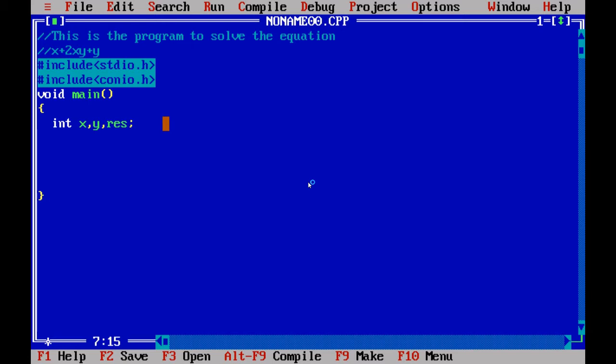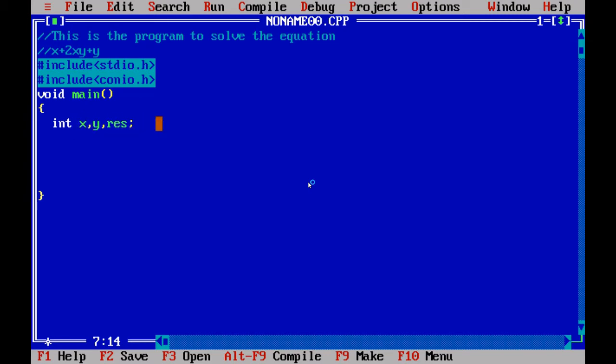If the input variables belong to the data type integer, definitely the result will also be an integer only. That's why here I have declared the output variable of the data type integer.